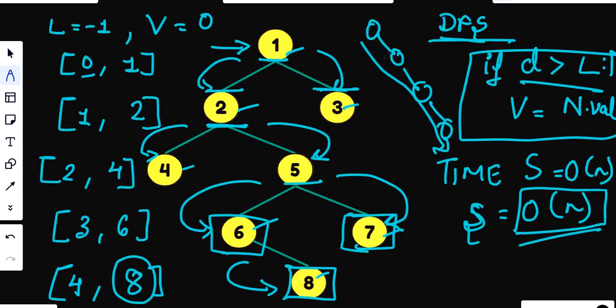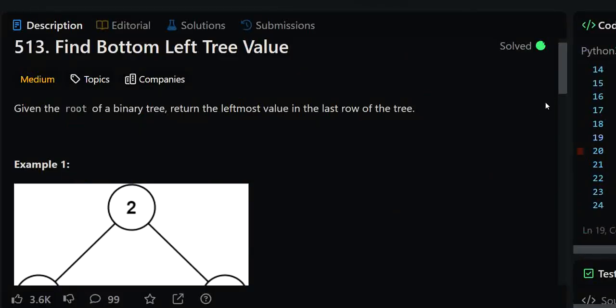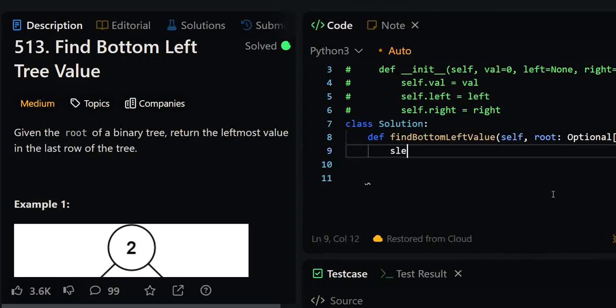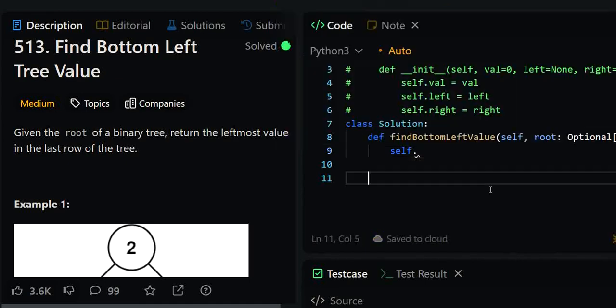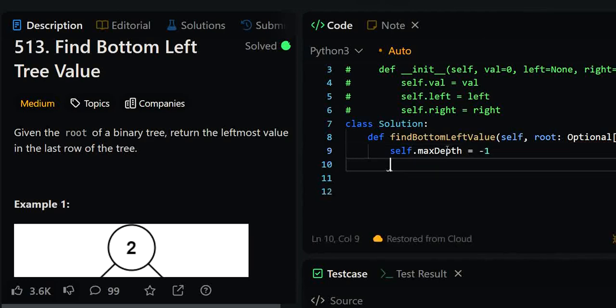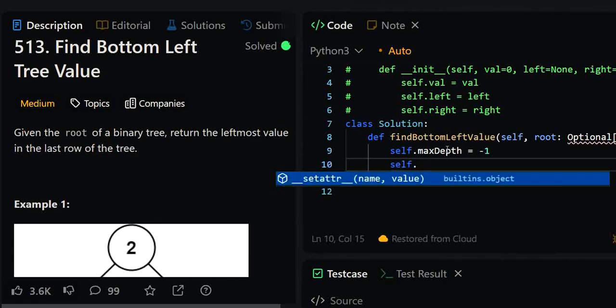So now let's quickly code this solution, and we are again going to solve this in two programming languages. So firstly, let's define all the variables that we discussed. Firstly we need max depth. So we are using self here because we will be accessing these variables out of this function from our DFS function. That's why I'm using self, or you can even pass them if you want, but this is way easier. So that's why I'm defining the max depth, and it will be equivalent to -1 firstly, then leftmost